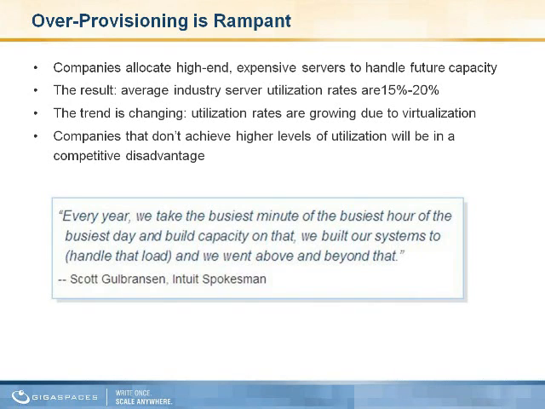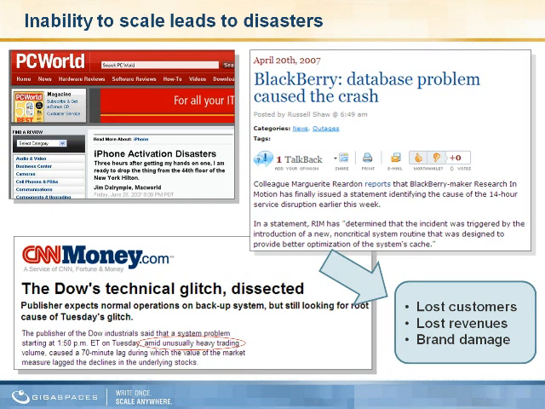This trend is somewhat changing with the introduction of virtualization technology, and so on, because it's become a competitive necessity for organizations to achieve much higher utilization, reduce those IT costs. I actually just saw yesterday a survey that, once again in 2009, as we're looking at a tough economy, the top priority for CIOs is server consolidation and reduction and so on. And we can see that this could be one of the areas where they're trying to focus on how do we achieve better utilization of these resources.